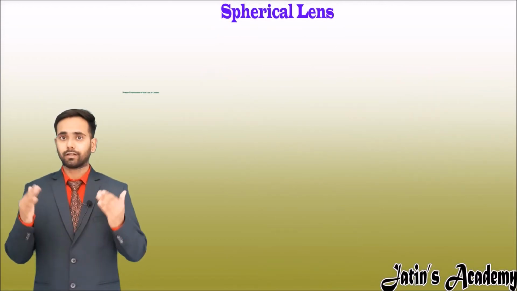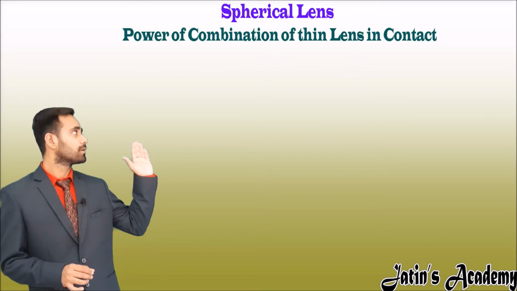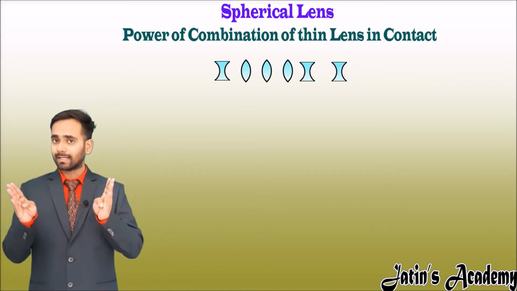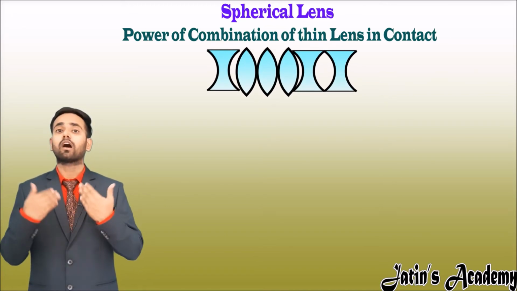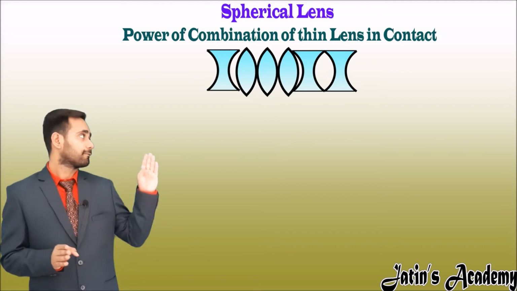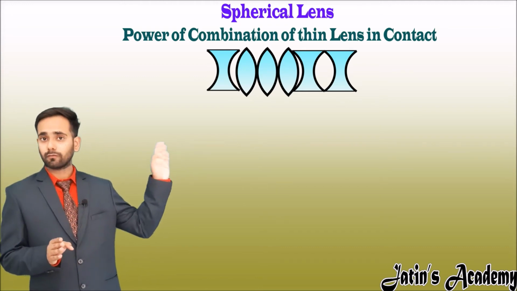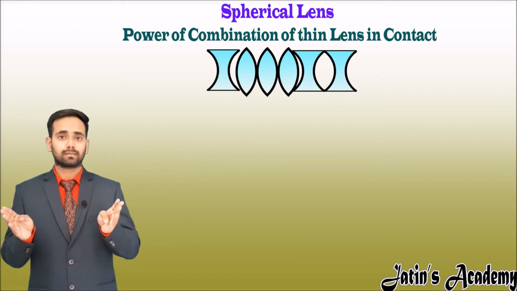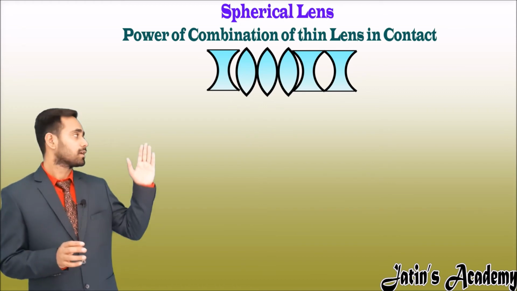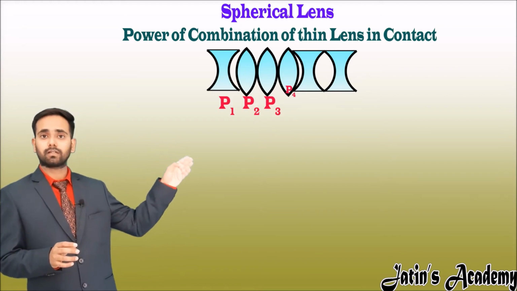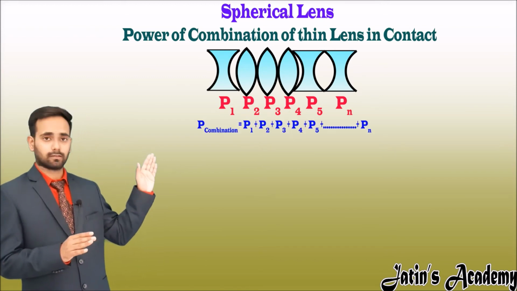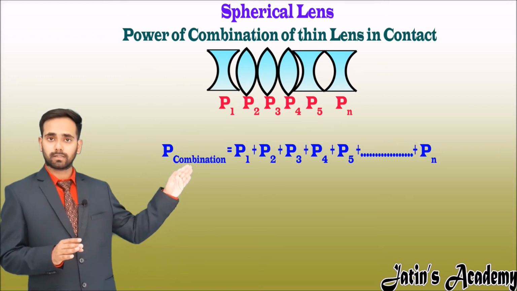One topic related to the power of a lens is the combination of power of lenses. This is nothing but when many lenses are in contact, how do we get the resultant power? The resultant power we get after summing up the powers of each and every lens. For example, we have n lenses with powers P1, P2, P3, P4 and so on up to Pn. So the resultant power is P equals P1 plus P2 plus P3 and so on up